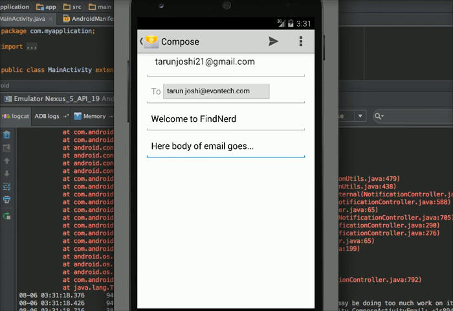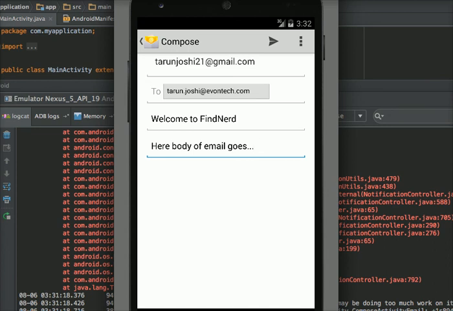So here you can see that I'm sending the email to tarun.joshi@evontech.com that I passed in the intent constructor, and the subject that I passed in putExtra of the intent, welcome to FindNerd, and the body also here.